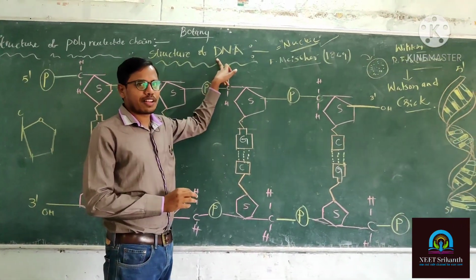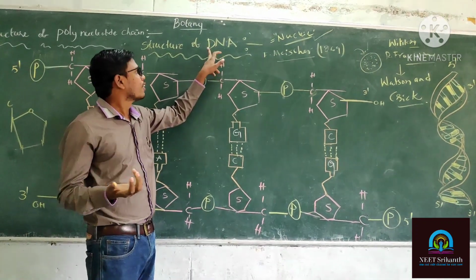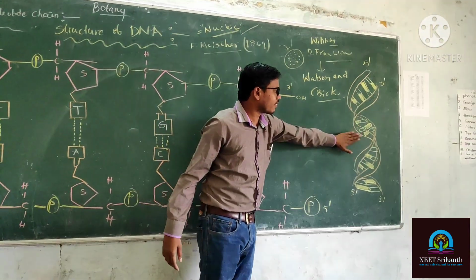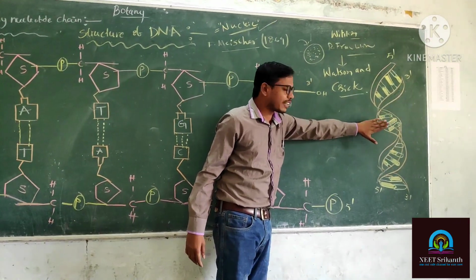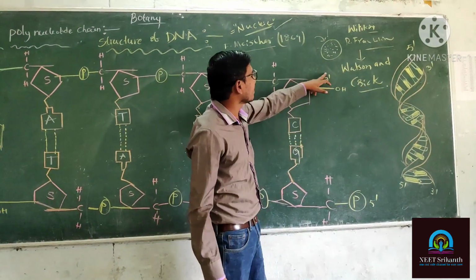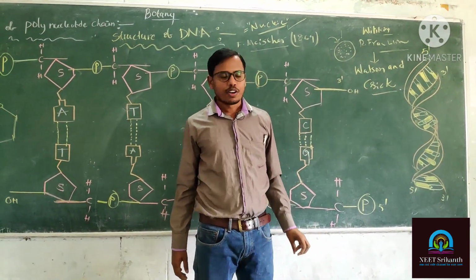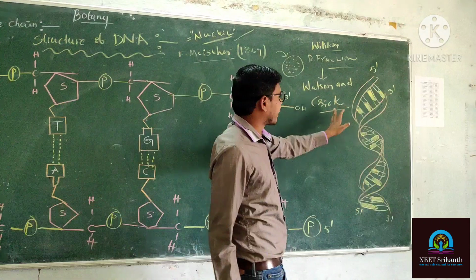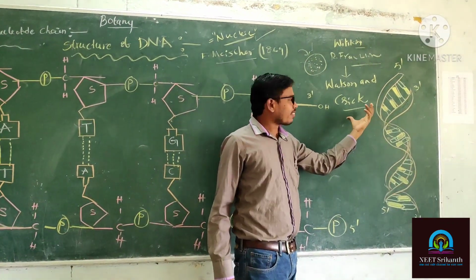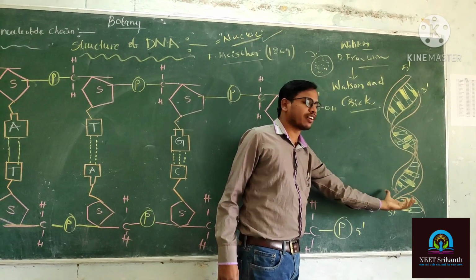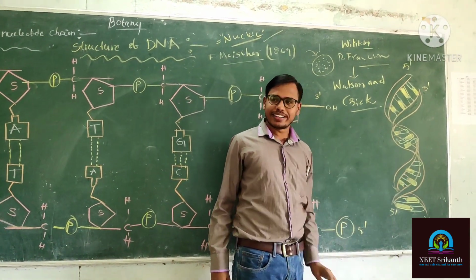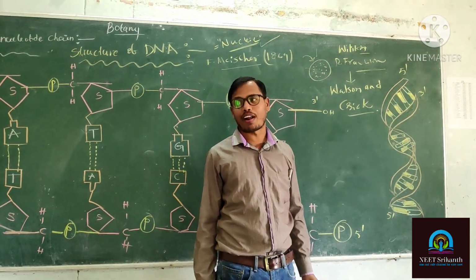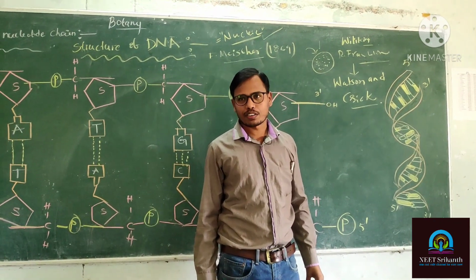You can observe that in the majority of organisms like human beings and plants, the DNA has a double helix structure. This is called double helix structure. The DNA double helix structure was proposed by Watson and Crick in the year 1953. In 1953, the scientists demonstrated the chemical structure of the DNA. Understood? And Watson and Crick were awarded the Nobel Prize. Understood this one?